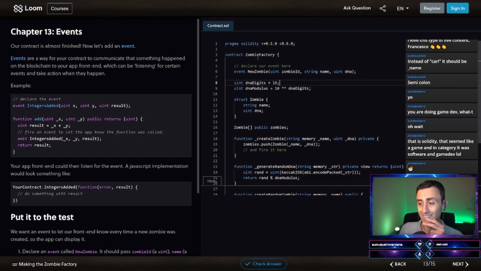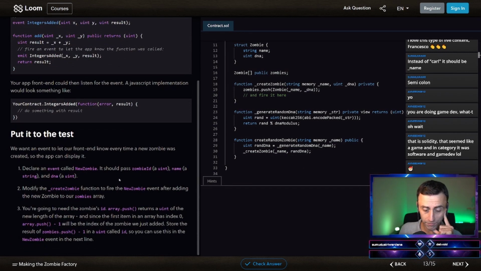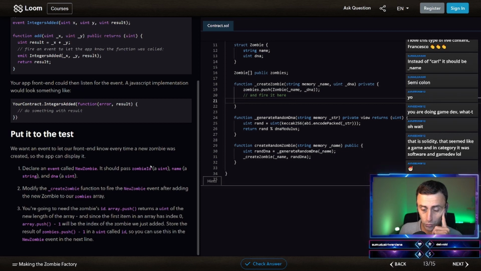Okay, nice. I love it. I love this, really. And then modify the underscore create zombie to fire, I like fire, to emit, to fire the new event. To fire the new zombie event after adding the new zombie to our zombies array.